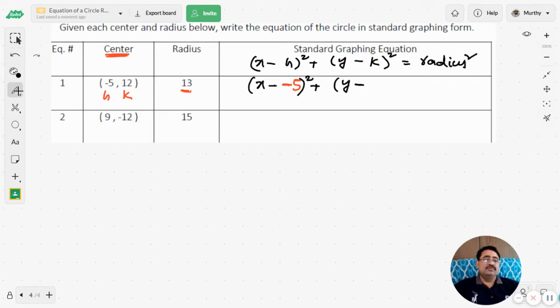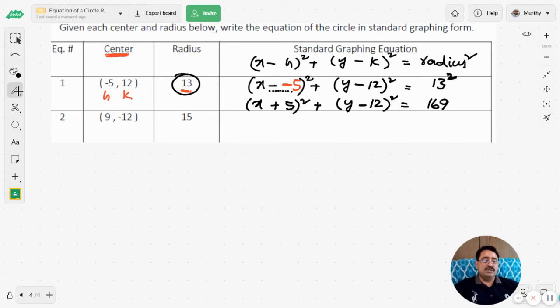It is 12 equals to what is radius? 13 units. Don't forget to keep the square. Now x negative of negative positive 5 square plus y is nothing to simplify here. 13 square, which is 13 times 13, 169. Every time I strongly recommend to write the formula x minus h square